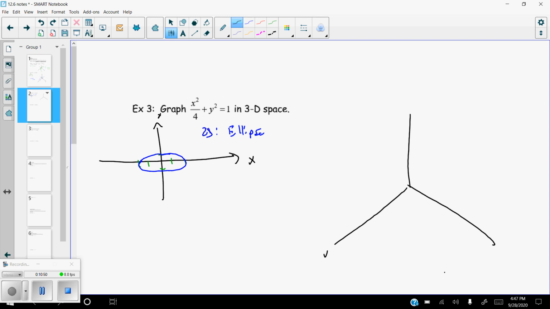So here's our x, here's our y, here's our z. Kind of extend the x and the y in both directions. So let's go ahead and put some marks on here. The x was out 2 in both directions, so 1, 2, 1, 2, and it's only 1 in the y direction, so I'll need 1 there and there. So let's go ahead and sketch the cylinder